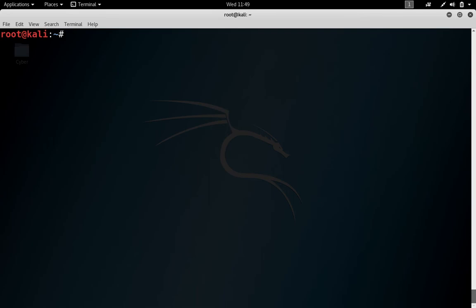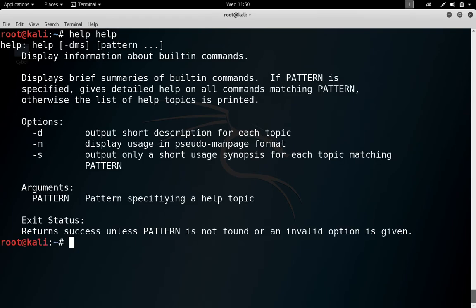Now most commands accept the --help option, so that you can get help for the command. You can also get help for the help command by typing help, and it will show you the description of the help command, right?